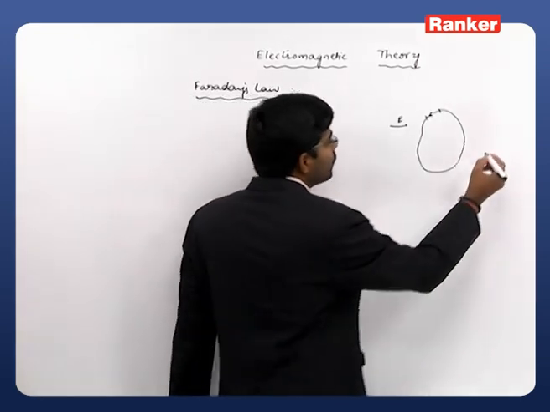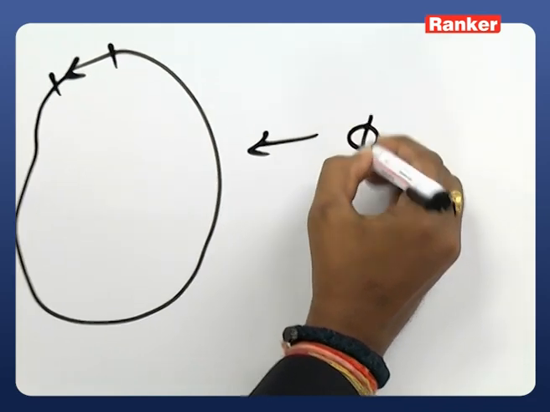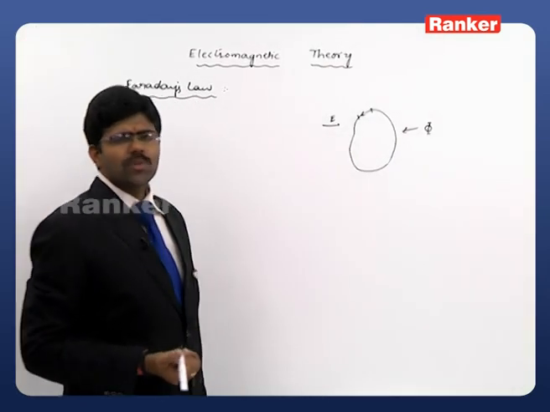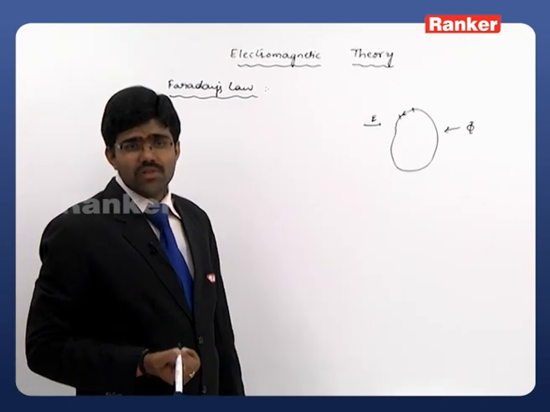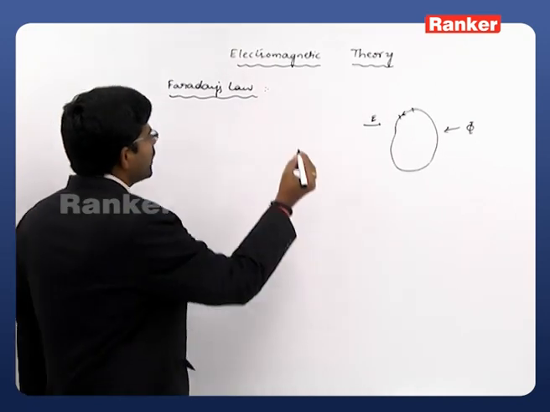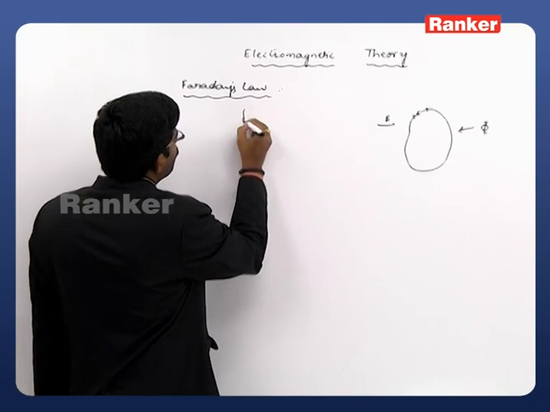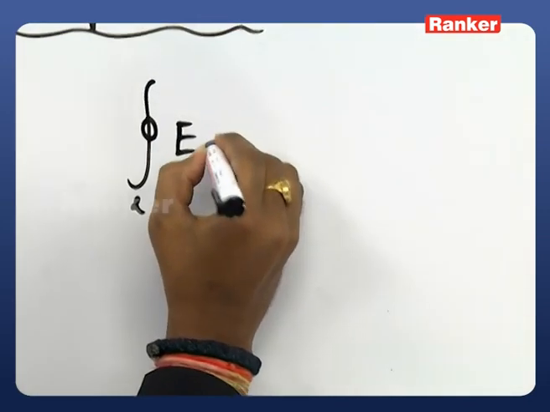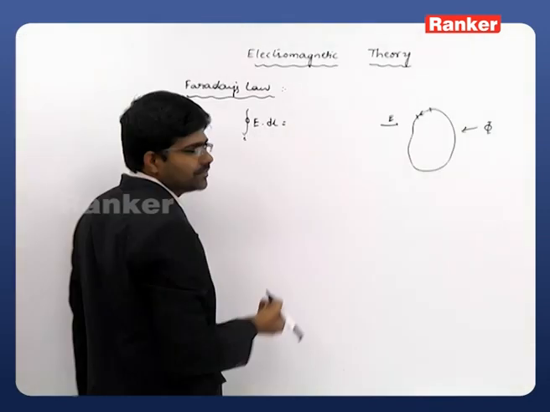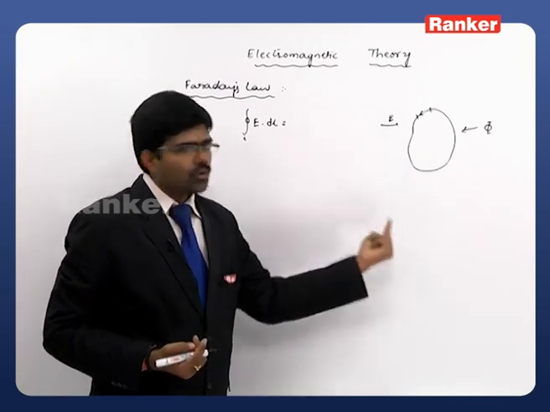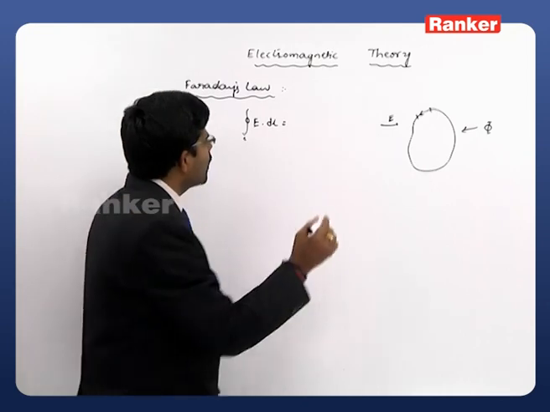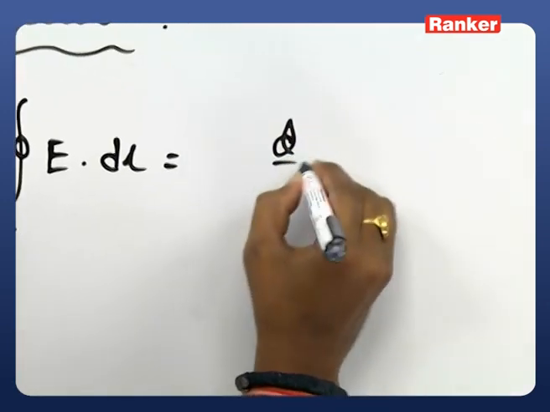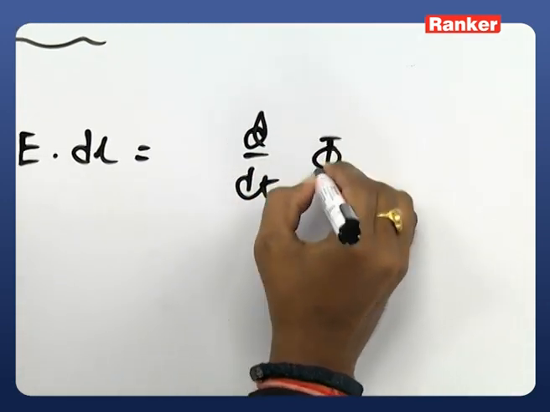Let us take the magnetic flux that we have as phi. As per Faraday's law, it is also called Faraday's law of electromotive force, EMF, right? So clearly the total electromotive force along the closed line, the line integral of E dot dl, is equal to the rate of change of magnetic flux. The rate of change of magnetic flux is d by dt of phi,